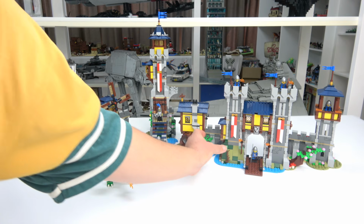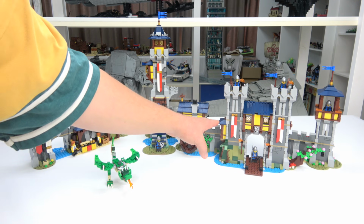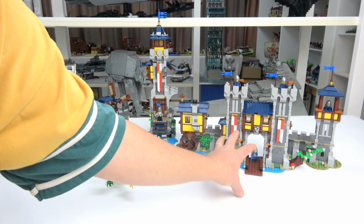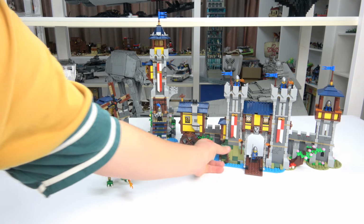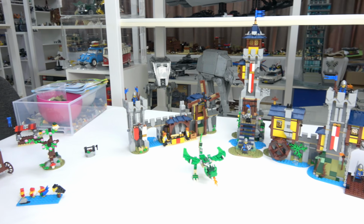Another thing I did like is this rocky outcrop here that the castle's built from. And what I'm thinking is that I won't do it on the front section of the castle, but on the rear wall and maybe the back tower, I'll actually build some of this rock work up and have it featured more in other areas. If we take a look over here,